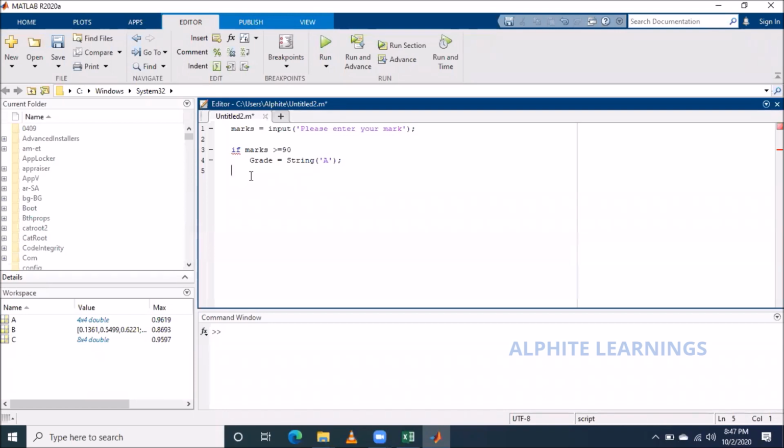If I score 80 to 90, one grade; 70 to 80, one grade; 60 to 70, one grade, right? So I have many options, many possibilities. So I'm using another condition, else if: if it is not this, then you check this. Else if the marks is greater than or equal to 80, I'm using and, which means an AND gate, both conditions should be satisfied.